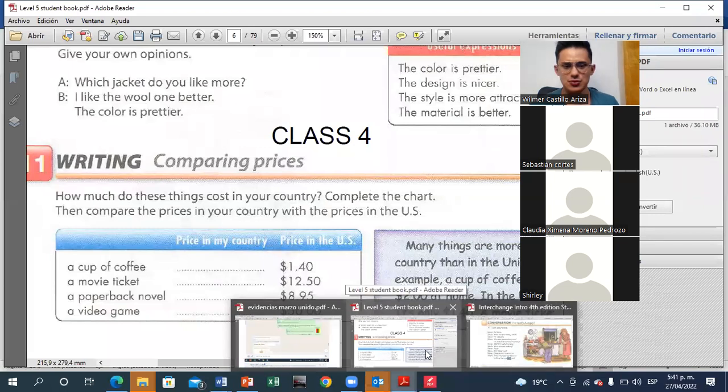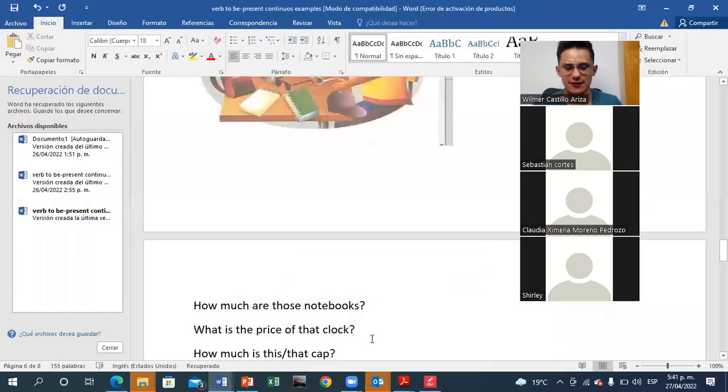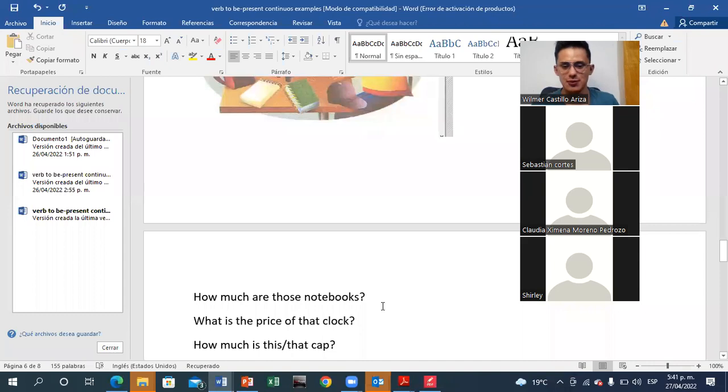Vamos a ver si por fin podemos tener el Meet para que no se nos acaben las grabaciones en 40 minutos, como es por ejemplo este Zoom, que sí se acaban en 40 minutos. Pues supuestamente esta semana en el SENA nos iban a dar las claves de Meet, pero pues vamos a ver si ya la podemos hacer.